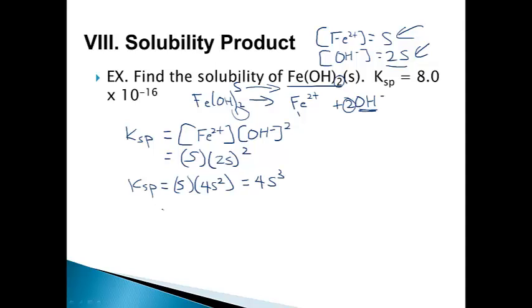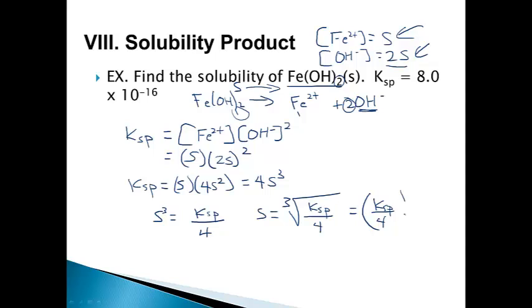Okay, so how do you solve this? S is equal to, move the 4 over to the other side, Ksp over 4, but that's equal to S cubed. Okay, so S is equal to the cube root of Ksp over 4. Or, if you don't know how to do that on your calculator, it's Ksp over 4 to the 1/3 power. Okay, and be careful when you plug these numbers in. Make sure you calculate this part first, push equals, and then take the cube root or raise it to the